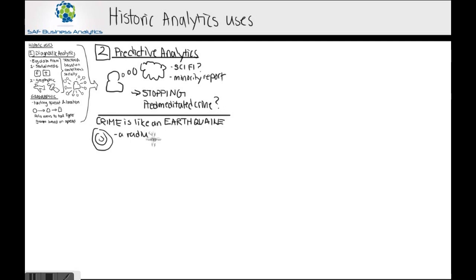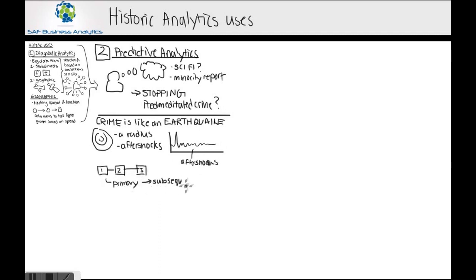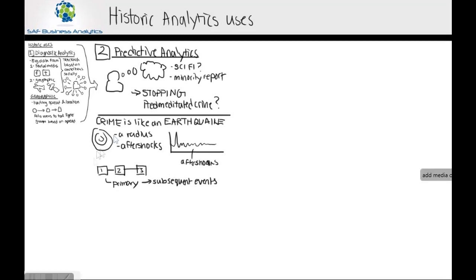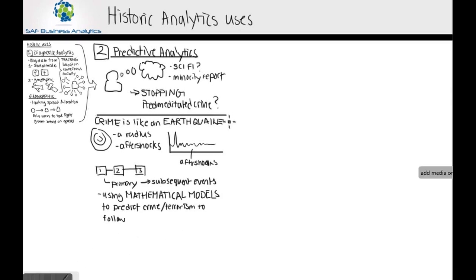Crime and terrorism is a lot like an earthquake. When an earthquake occurs, there are many aftershocks, and the probability of an aftershock increases after the first event. The same is true for burglary and crime. When a house is burglarized, the probability of subsequent events increases, because burglars know the layout of the house and the street. Or in a terrorist attack such as the one in Paris in November, many subsequent events follow after the original attack.